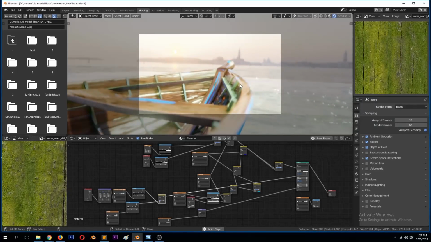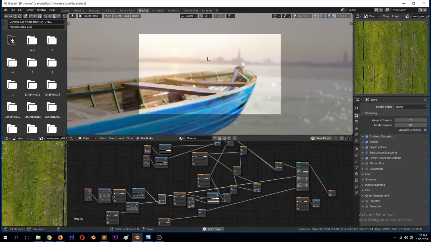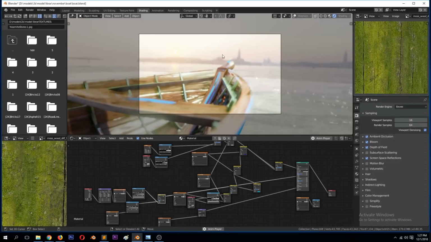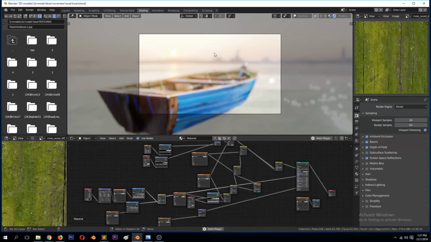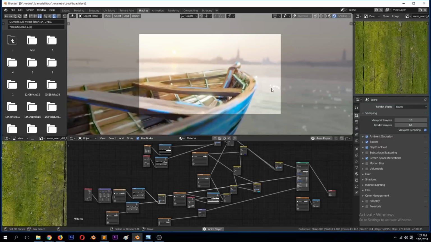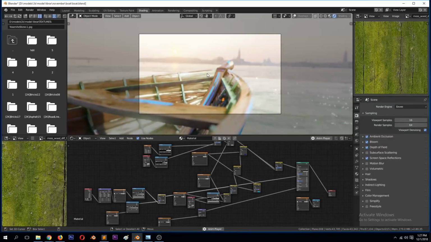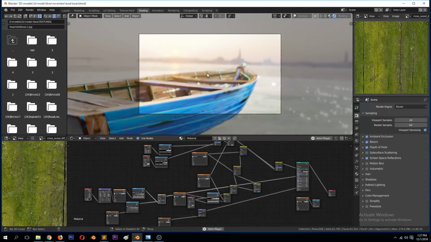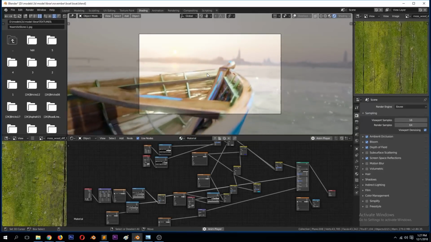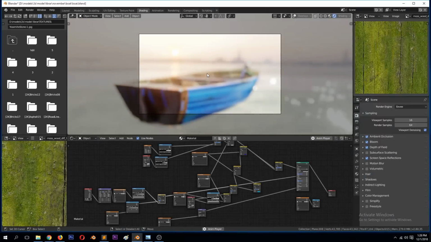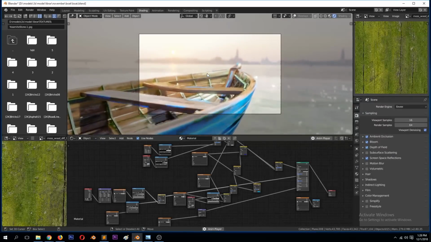Yeah, and you really have to love Blender 2.8 because this is in real time. It's playing back in real time. I don't have to render anything, and it has depth of field. If you have rendered with Cycles before, it would take you a few hours to render something with